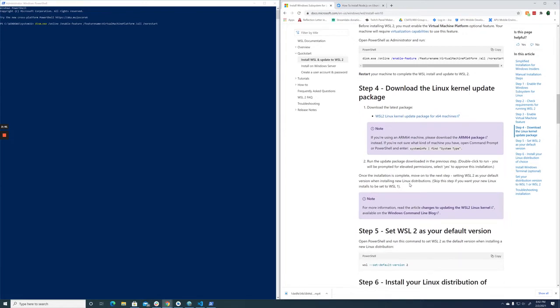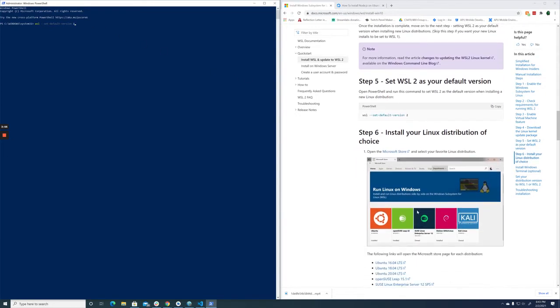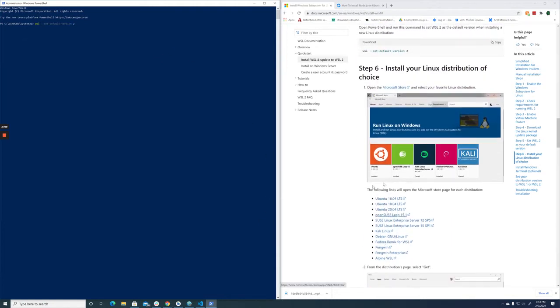Yeah, so you'll also need to make sure that WSL2 is set as your default version, as this will install both WSL1 and 2. So just make sure in your PowerShell as well, after you've completed the previous steps, here, let me back up this. You're going to want to run this command here in your PowerShell, wsl --set-default-version 2. And then lastly, once you're done with that, you're going to want to install the Linux distribution